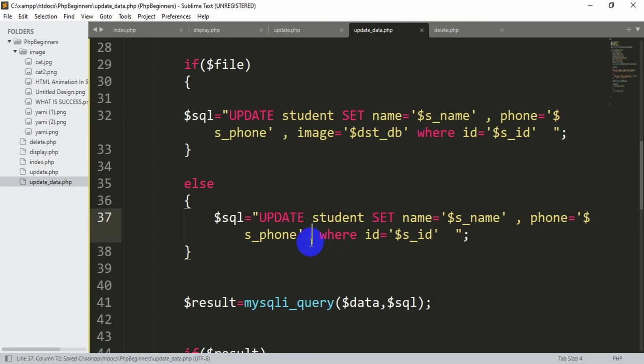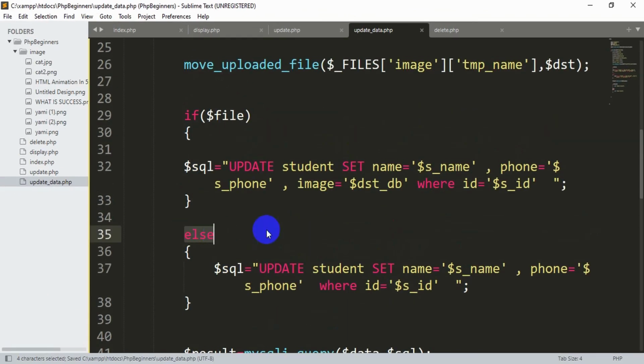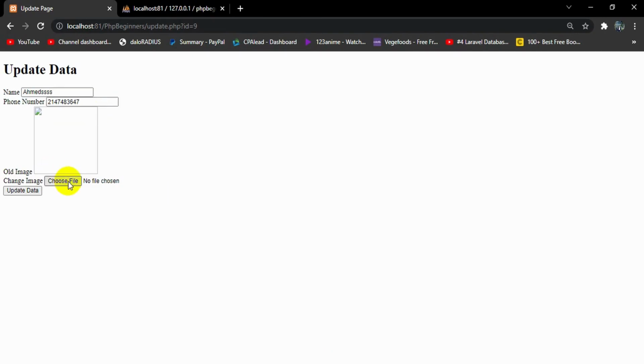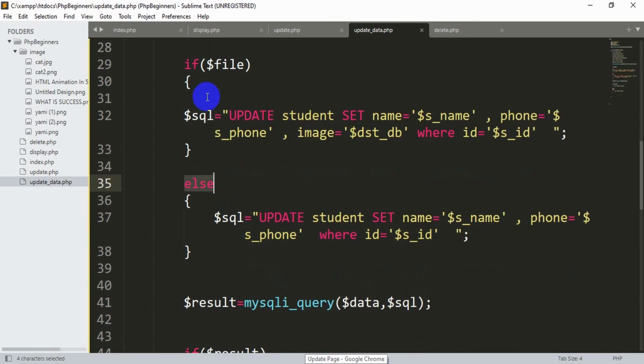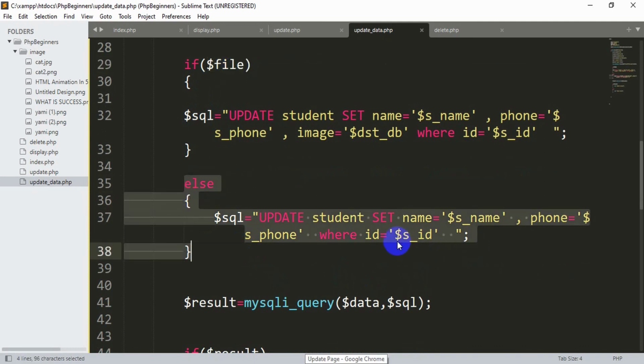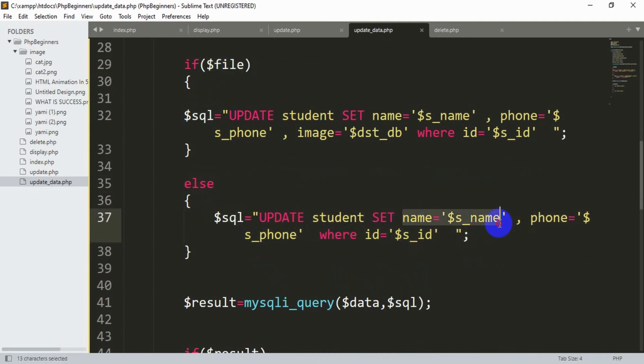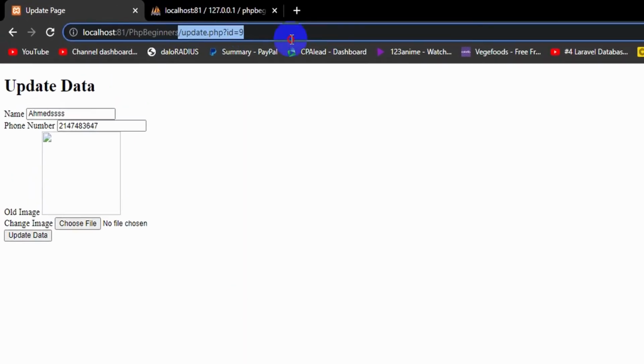So what will happen is that if the user does not give any image in this choose file, it means there is no file. So it will go to this else condition, and it will only update the name and the phone number without updating the image, because there is no image over here. That's why.